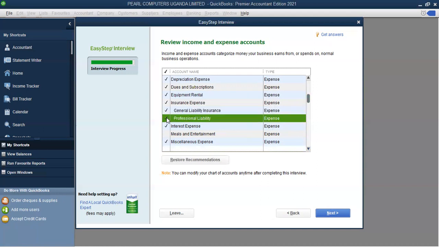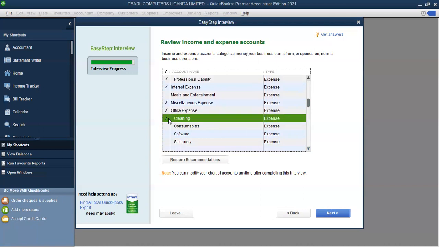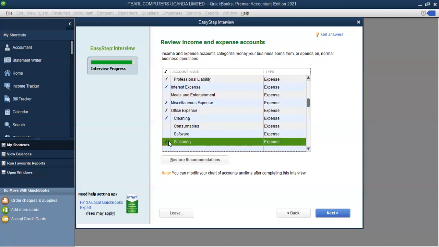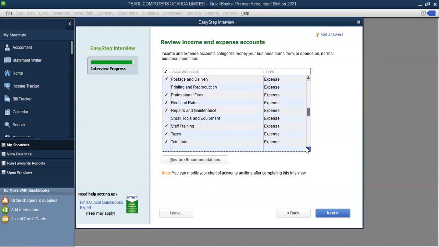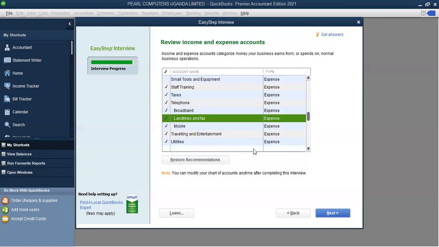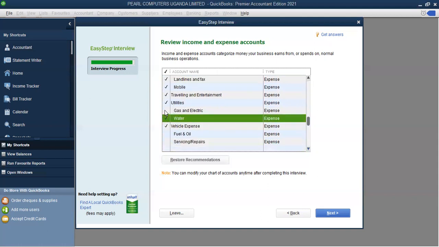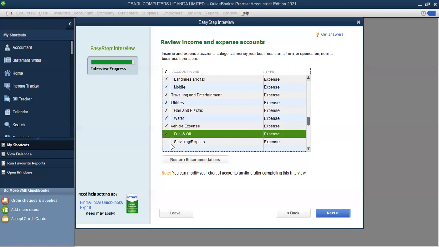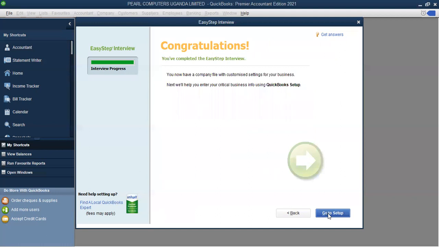You make it marked. You may have some expenses you are seeing there that QuickBooks has not identified for you. You can try to mark them, and there are many here. You can just select as many as you want. If you are going to be using some of these expenses, then after you have done, you press next. Then QuickBooks gets you to a stage where you can start,